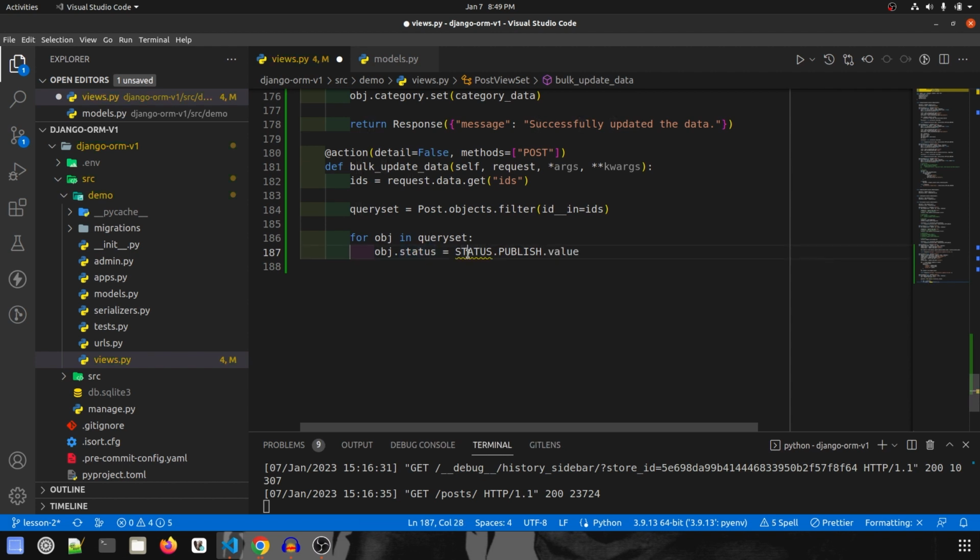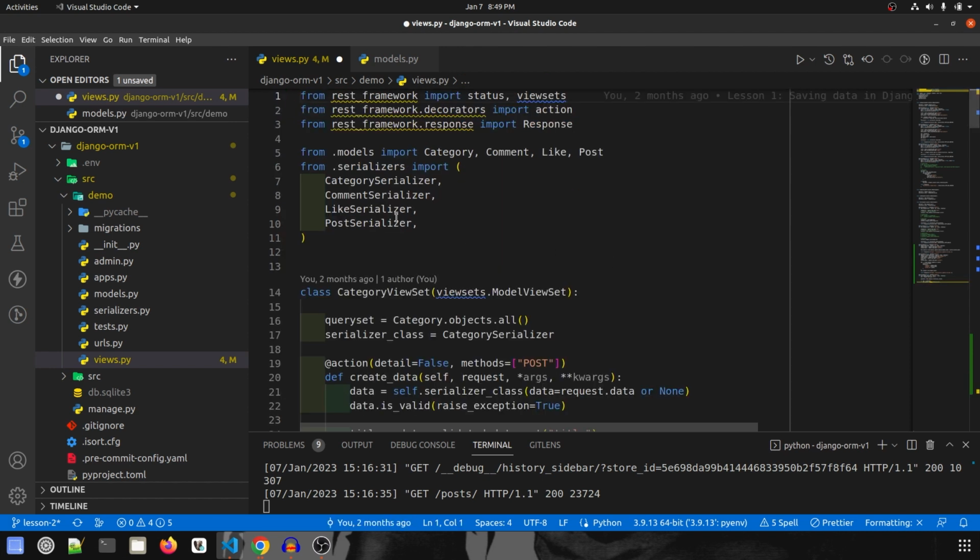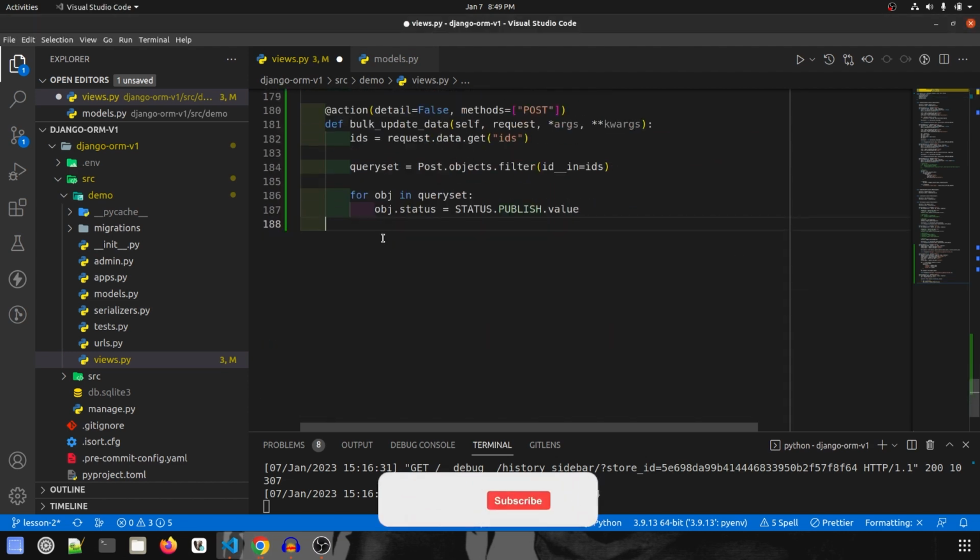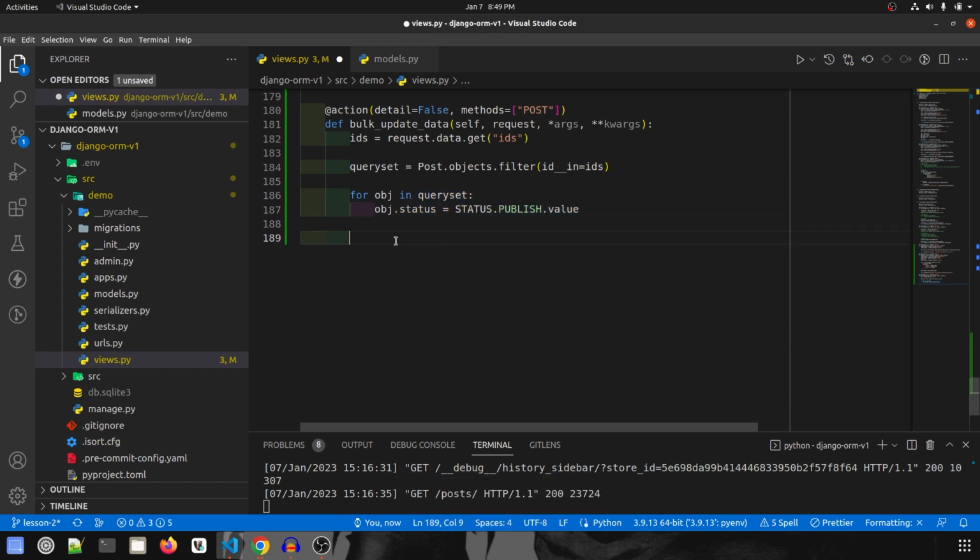This spelling is fixed and we have to import this, so let me import it right away. I'm going to go on top, and in the model I'm going to import Status. So the status import is done. Now, since this query set consists of the published value of status, we are going to just bulk update it. That will be Post, that is the model, dot objects dot bulk_update.